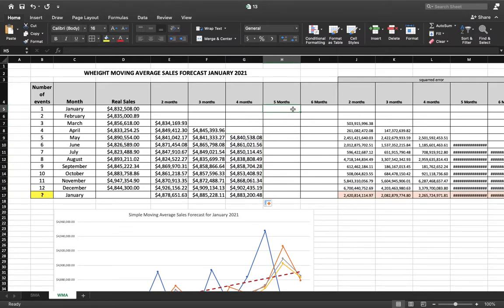Now, let's start with 5 months. 1, 2, 3, 4, 5, and I start at 6. And I do the same, but it's going to be a little bit larger. Equal, double parentheses, and I go to the previous sales. That will be this one. Multiply now by 5, see? Plus the previous one multiplied by 4 plus this one by 3 plus this one for 2 and this one